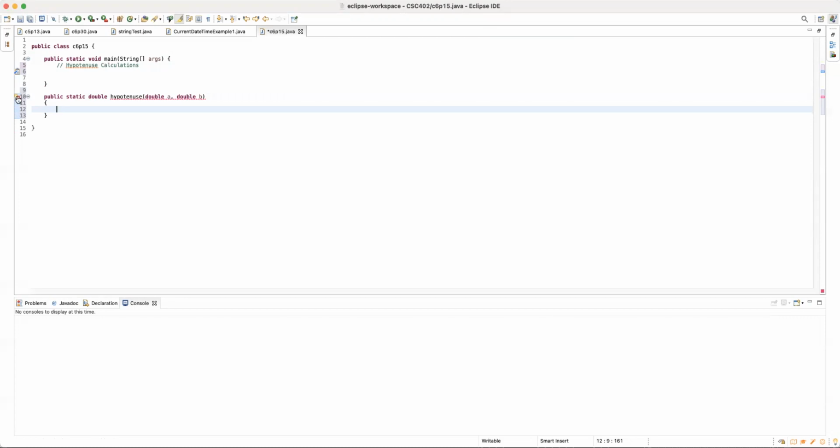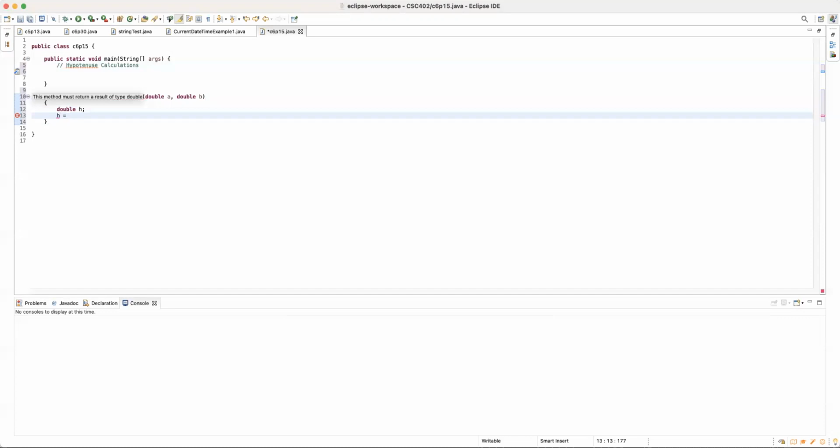Okay, what's it unhappy about? Yeah, it has to return the result, right? All we're doing here is incorporating the method into an application that reads values for side 1 and side 2 and performs the calculation. So we can use Math.pow and Math.sqrt. Because we're doing the hypotenuse, we know that a squared plus b squared is equal to c squared. So we have a squared and b squared, and if we want to use a variable, we can do a double h and set h equal to